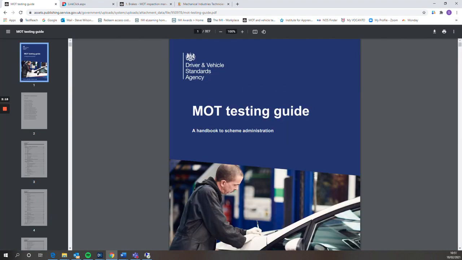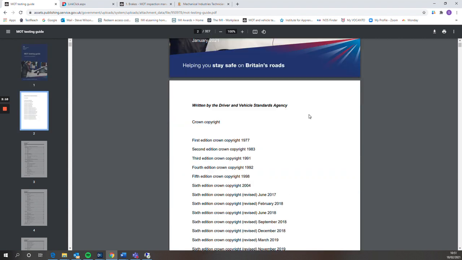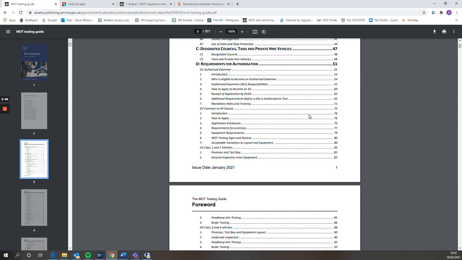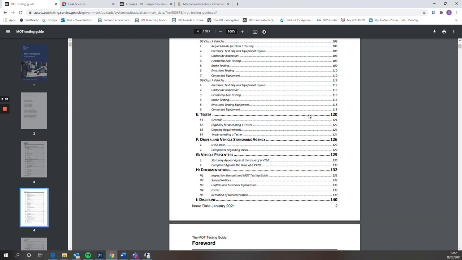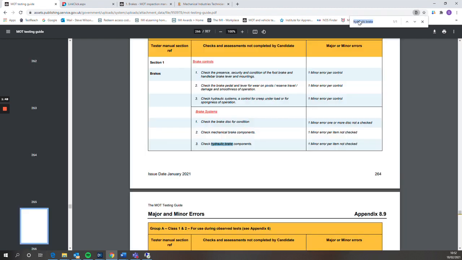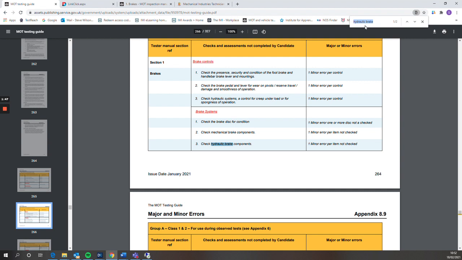Now, it's not a case of trying to search through the guide through every single bit and trying to find what it is you're after. The best way you can do this is exactly the same way that you just searched in the inspection manual. So from the top, first page, we can press Ctrl and F, pop the search box. Now it will always highlight the last search that you actioned in the search box. So straight away we can see that in the guide, to do with hydraulic brakes, there are 2 instances of hydraulic brakes. So it's telling you about